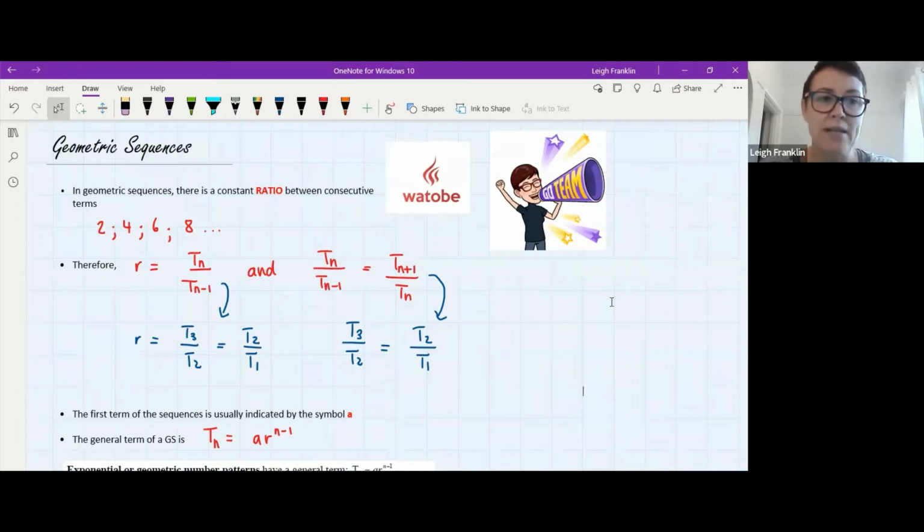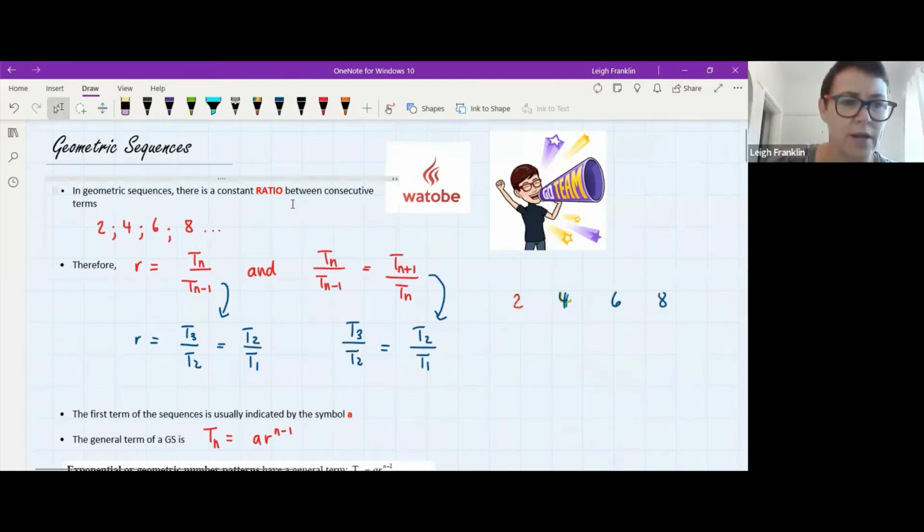So when we talk about a sequence that is geometric, we're talking about a sequence where there is a constant ratio between consecutive terms. So in other words, if I have a look at the numbers that I've put on the board now, I've said 2, 4, 6, 8 is a geometric sequence. And the reason that it's geometric is because each time when I go from 2 to 4 to 6 to 8, there's not,